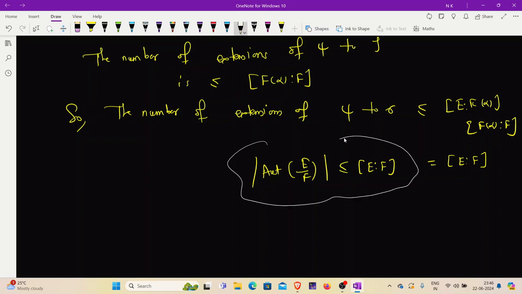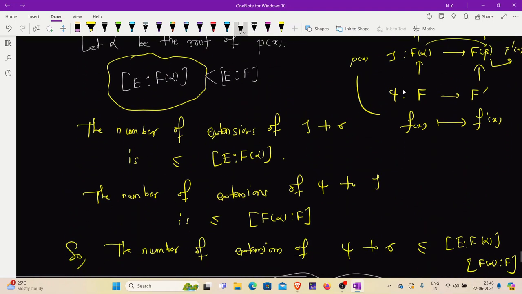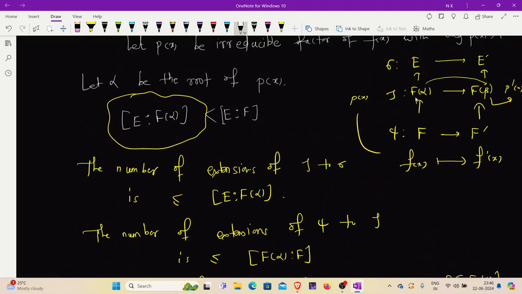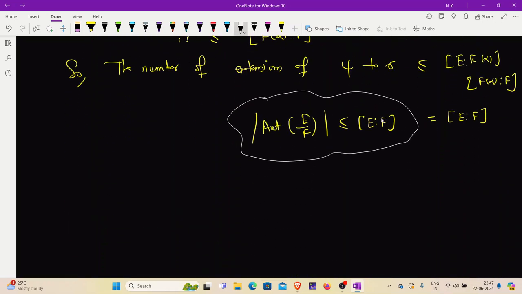Now, when will it be equal? As I told you, it will be equal only when all the roots of p(x) are distinct. Here we are talking about p(x). If all the roots of p(x) are distinct, the number of extensions will be exactly equal to the degree of extension. And in this case, when you are talking about E, we need to focus on f(x), because E is a splitting field of f(x). So if all the roots of f(x) are distinct, then only will the number of extensions be exactly equal to the degree of extension of E over F(alpha). So in short, if all the roots of f(x) are distinct, that means if f(x) is a separable polynomial, then only is the size of the automorphism group exactly equal to the degree of